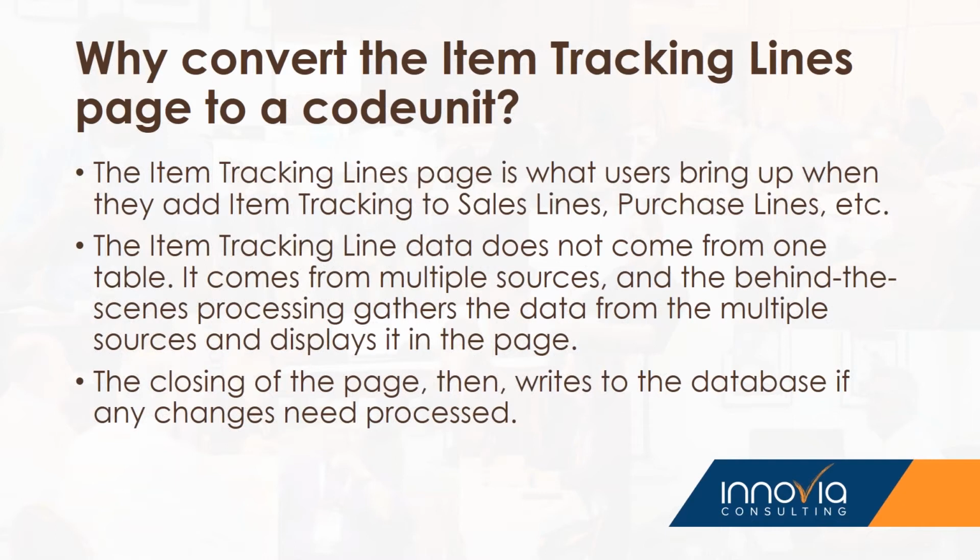It can't really be used as a web service, as a page anyway. But I wanted to see how hard it was to take all that logic and convert it into a code unit. I wanted to use Microsoft's base code to create my reservation entries rather than publish a reservation entry page,